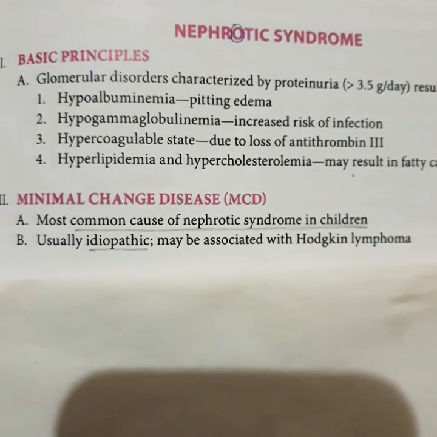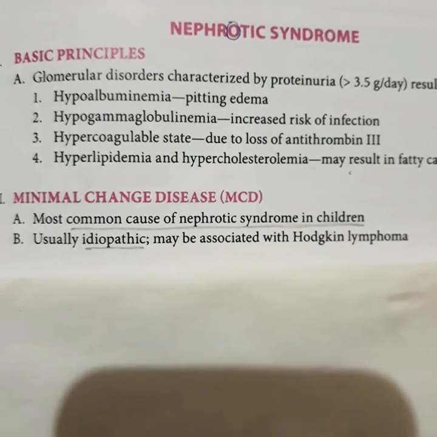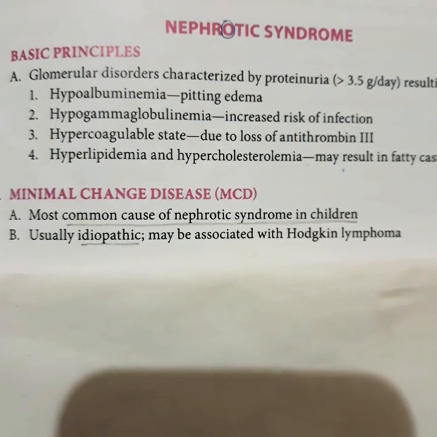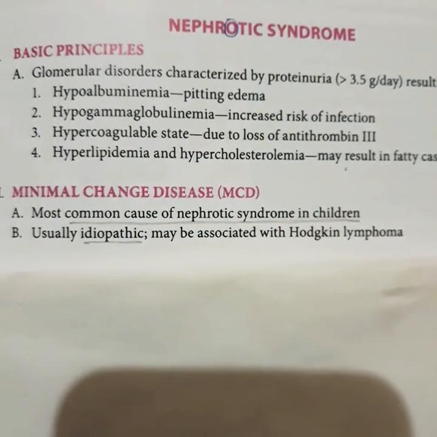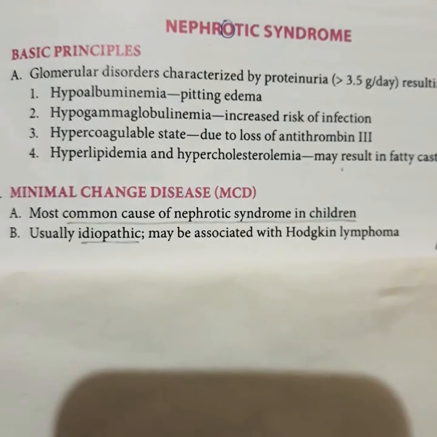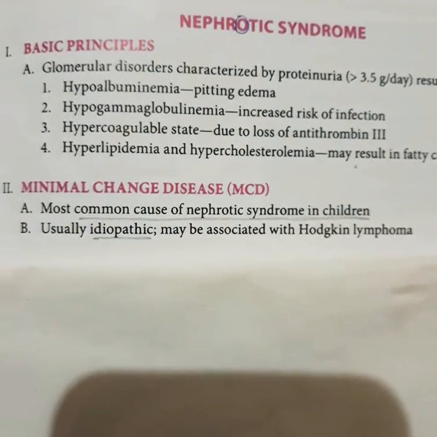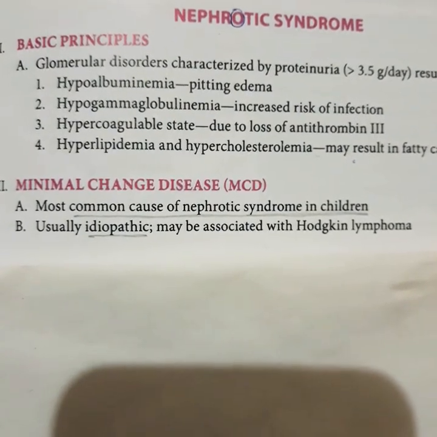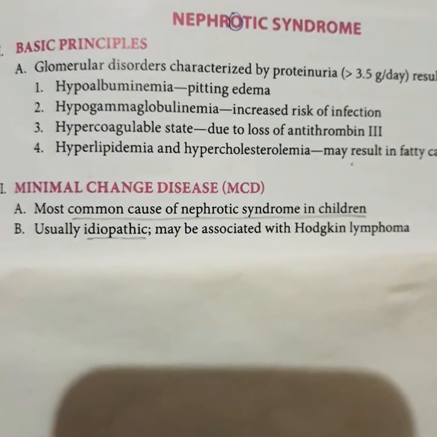Nephrotic syndrome, a glomerular disorder characterized by proteinuria. More than 3.5 grams per day of protein is lost in urine, which results in hypoalbuminemia. As we know, albumin is important for maintaining oncotic pressure, so low albumin will result in pitting edema,